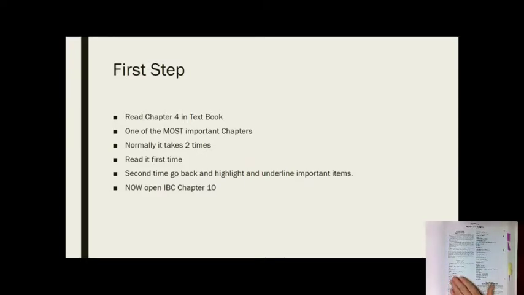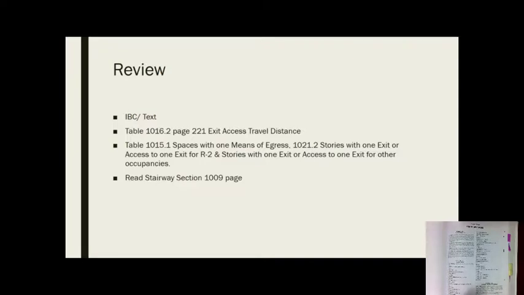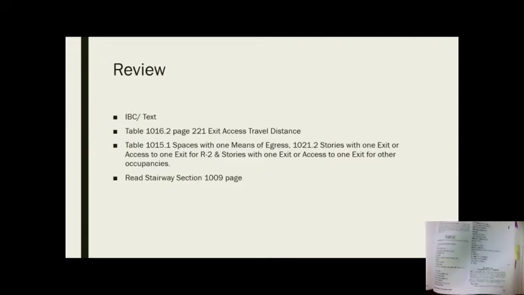And this is where you need to really look and make sure that you have an understanding, because there are so many tables and so many words that you're going to need to be able to understand, or be able to do some of the scenarios within the book. So the first thing, I always say, is to go through this particular one. If you look at section 1003, it tells you certain scenarios that you need to know. It talks about ceiling heights. You can see here where it says ceiling heights,